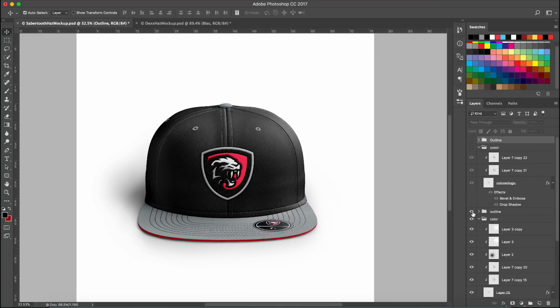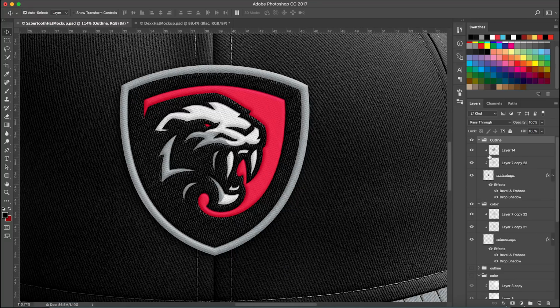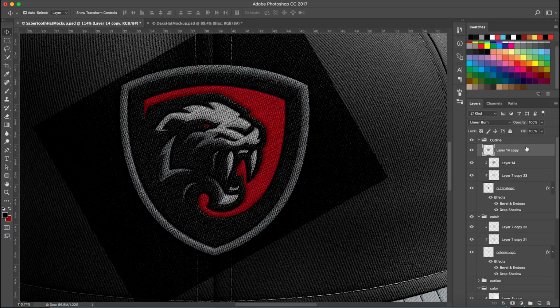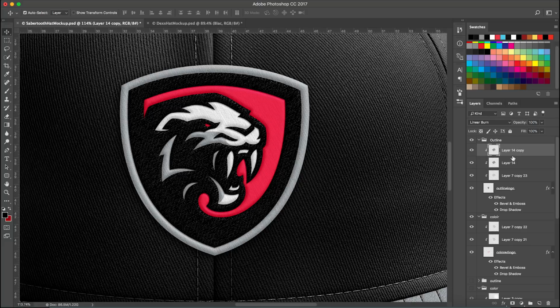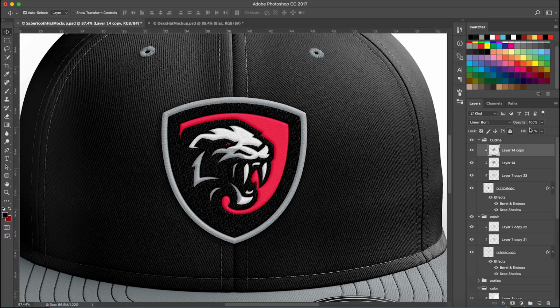So yeah, now I want to get rid of these two original ones that I have. That's just me. But yeah, so keep your outline and colored groups here. So now one thing I'm actually going to do is duplicate this one. Duplicate the linear burn. Again, make sure that it's clipped. And one thing I wanted to do was lower the opacity. Duplicate it and then lower the opacity